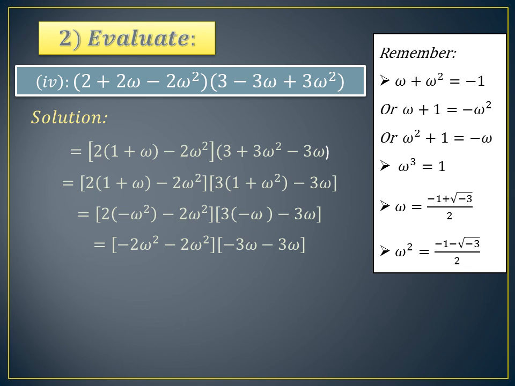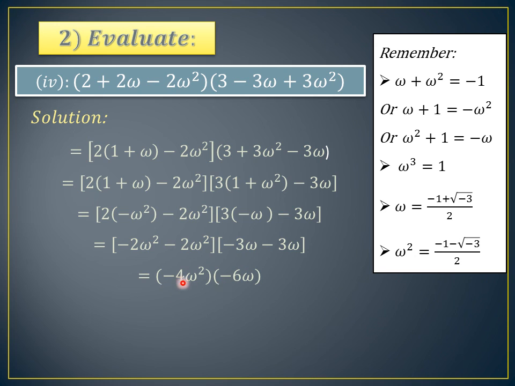Again recalling the steps, what we first did is arrange the brackets. After arrangement, we took common from the first two digits from both the brackets. After taking common from the first two digits, we replaced them with their values, which were minus omega and minus omega square. Now we have multiplied the brackets. Minus 2 and minus 2 will become minus 4 and omega square will remain the same. As you know that minus x minus x is minus 2x, same goes with omega. Minus 2 omega square and minus 2 omega square will become minus 4 omega square, and minus 3 omega minus 3 omega will become minus 6 omega.